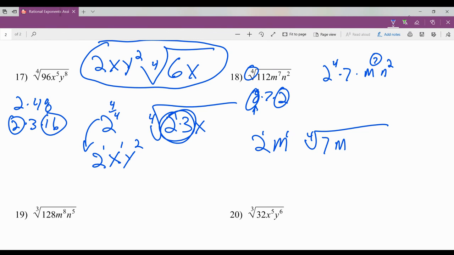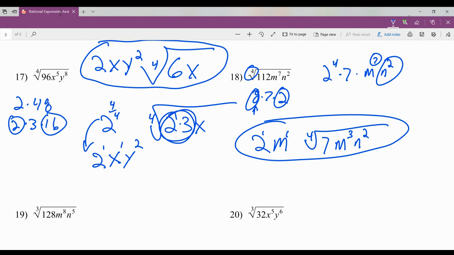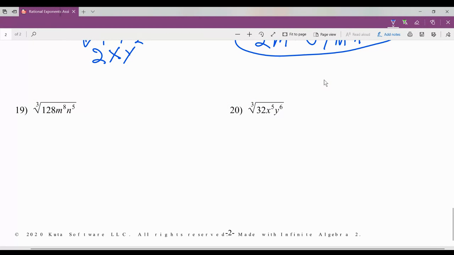What's left over is 3 powers of m. And then n squared stays inside there. So there's your answer. I'm just going to write down the answers for these last two,